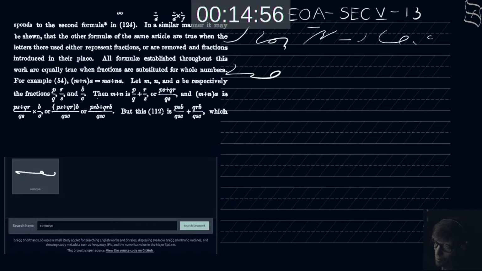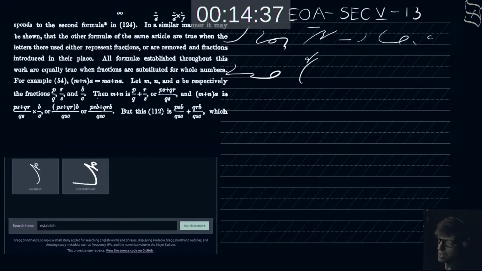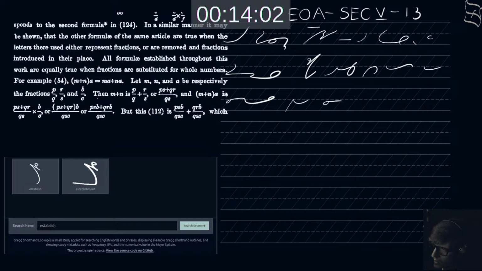All formula established throughout this work are equally true when